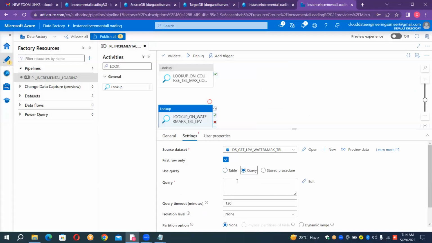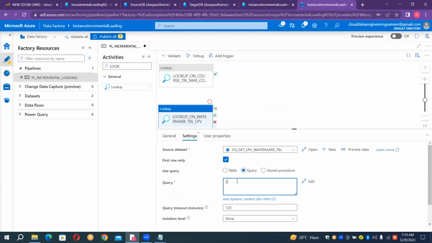So select the use query option, select it here, select star from watermark,